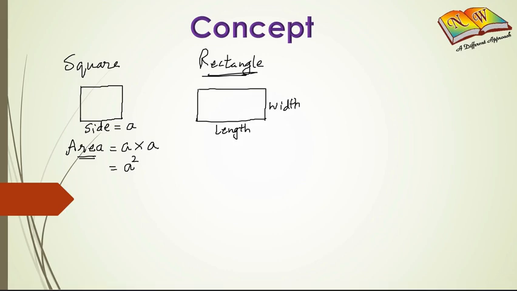The length is represented by L and the width is represented by B. So these two, the length and the width, are known as the dimensions of a rectangle. Let's now relate the area of a rectangle with its dimensions. If you multiply the length and breadth of a rectangle, you will get its area or the space occupied by